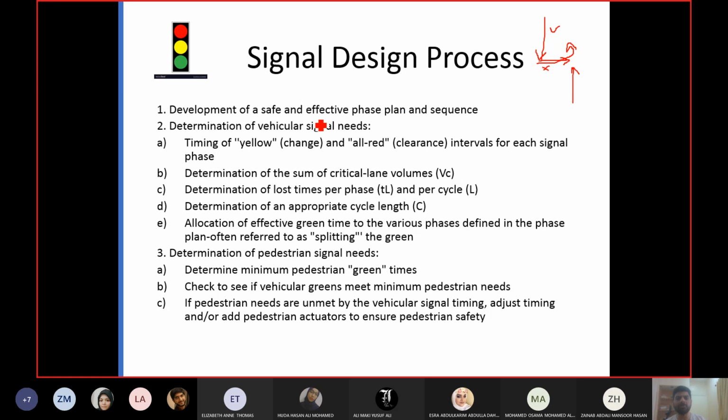And this is the meaning of effectiveness. Try to maximize the number of movements in fewer phases, because each time you increase a phase, you are increasing the lost time. And we have seen it in the previous chapter. I showed you with the graph that more phases have less capacity, because more phases means more lost time. So effectiveness here means try to incorporate as many movements as safely as possible in one phase.